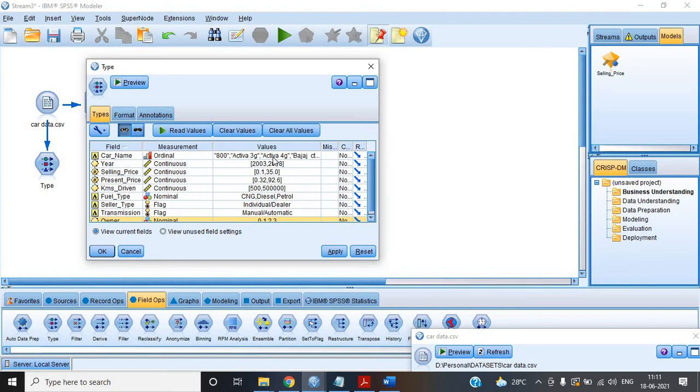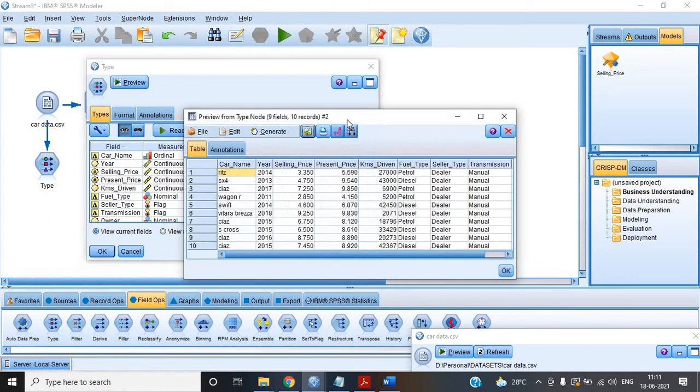And this one, do we need the car name? No, we don't need the car name for modeling, because the car name doesn't have anything to do with the selling price. Of course, you'll think that a car name, like if it is Mercedes or something like that, will be used, but here we have also used the present price.